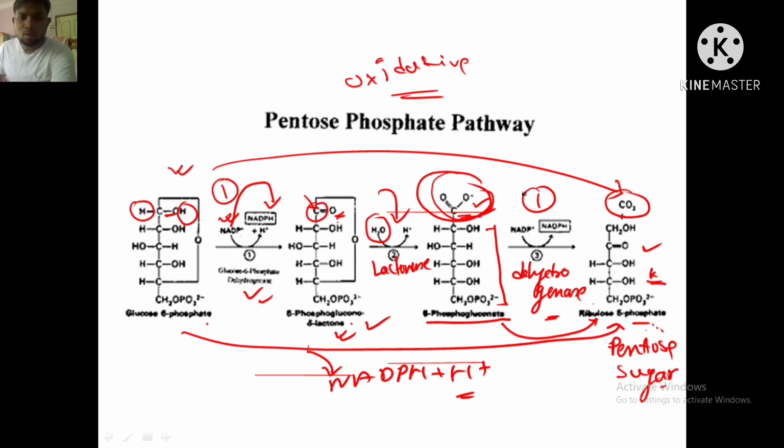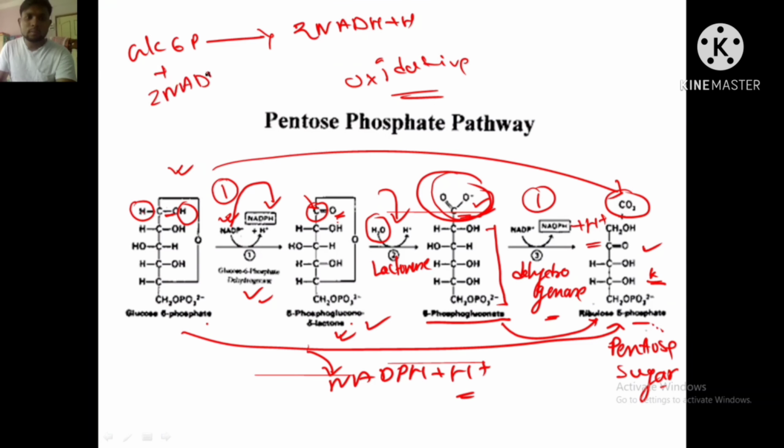And here one molecule of NADP positive will generate NADPH plus H plus. I hope you got this point. So now this is the overall reaction where glucose 6-phosphate will give rise to 2 molecules of NADPH plus H plus by taking 2 molecules of NADP positive and